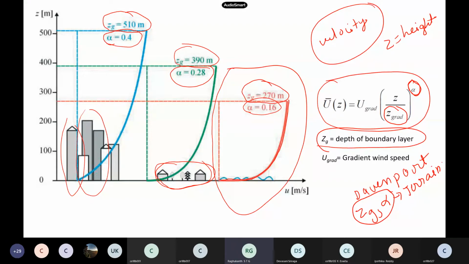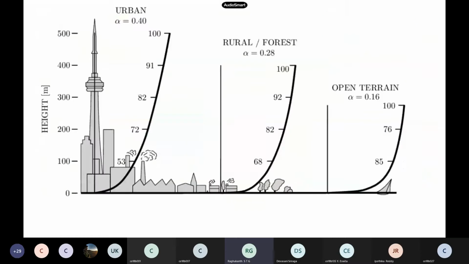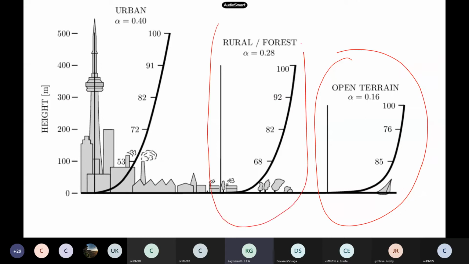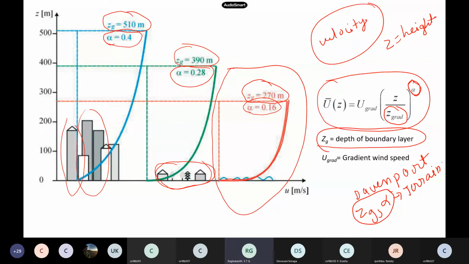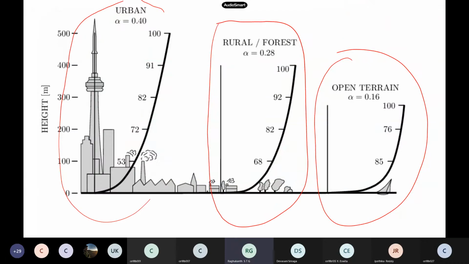So generally, these things vary with your surface terrain, and also the surface roughness and other things. This is the same thing I'm showing you here. For open terrain, alpha is 0.16. Then for forest region, alpha is 0.28, and for urban region it is 0.40. Same thing I have shown previously. So urban regions, like Chennai city, whereas suppose you are located in small villages where you don't see multi-story buildings, then these alpha values and ZG, that is the depth of the boundary layer, all vary. And of course, the depth of the boundary layer depends on the heights of the buildings.